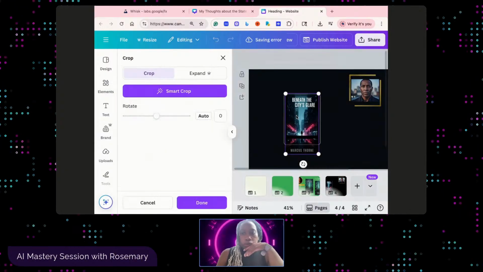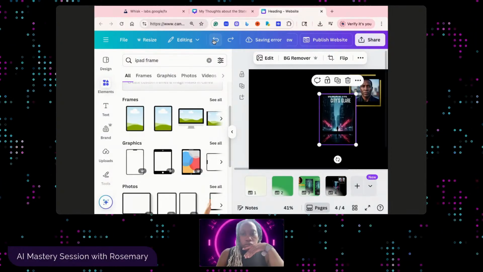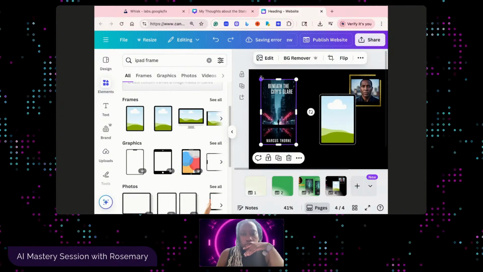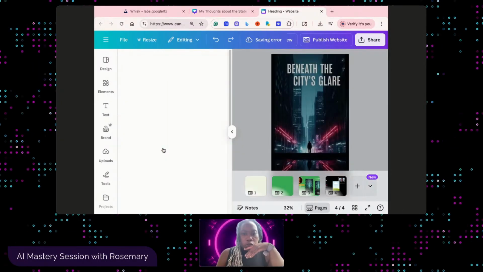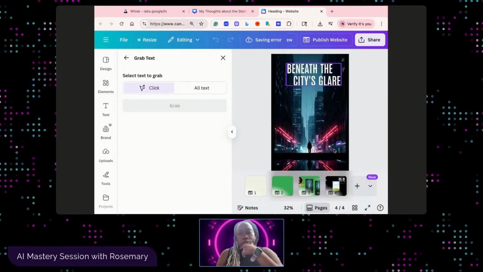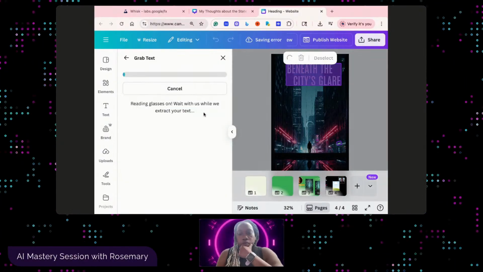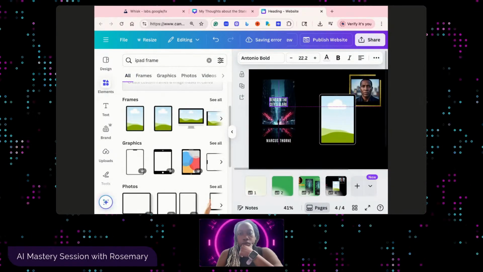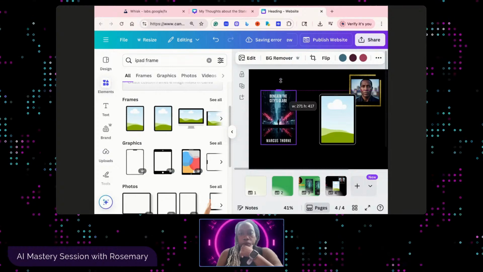Okay, so I'm going to attempt to grab the text so I can move things around. Basically, I just want to move the main title down a few notches. All right, there we go. That way, when I crop it,